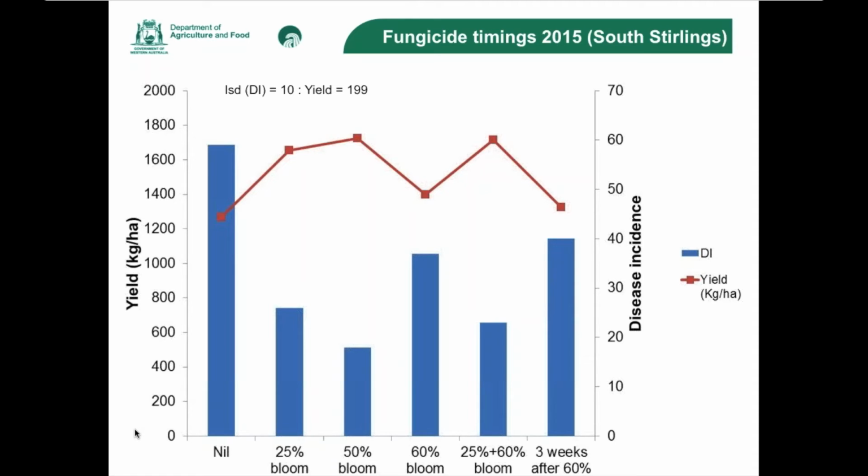So this trial was actually done in a very high disease pressure where canola was like 1 year out from rotation. The trial was done on top of 2013 stubble. So various spray timings that we used for this trial included fungicide targeted at 25% bloom, 50% bloom, 60% bloom, and then we also included two spray applications, one early and one mid bloom stage, which was 25 and 60%